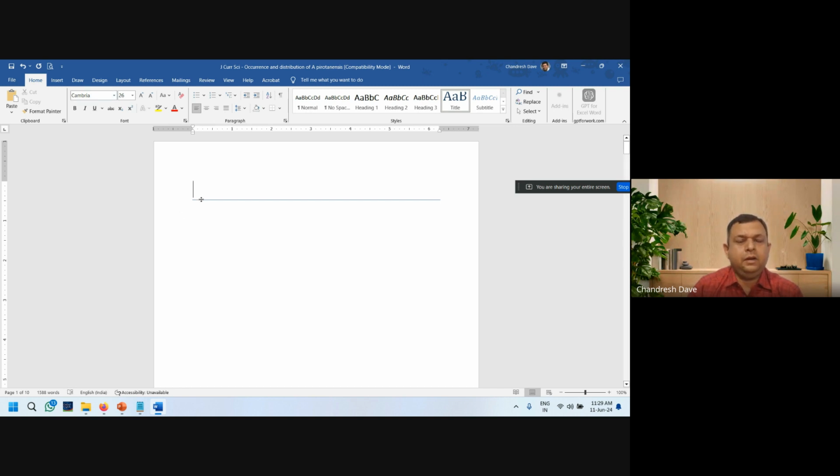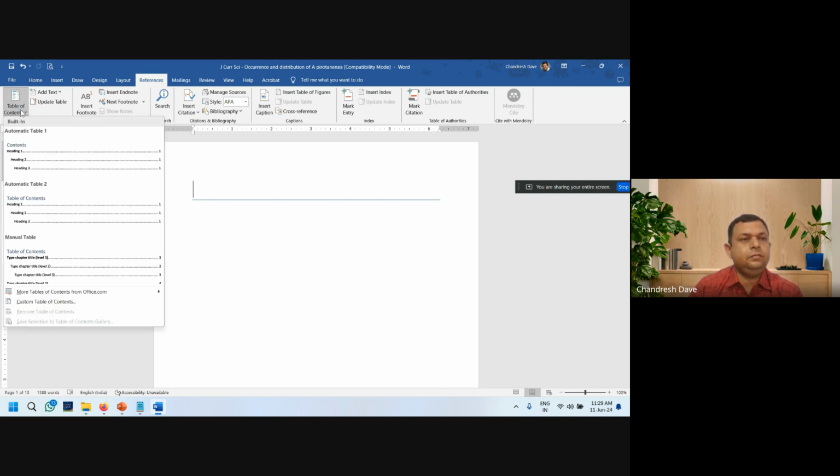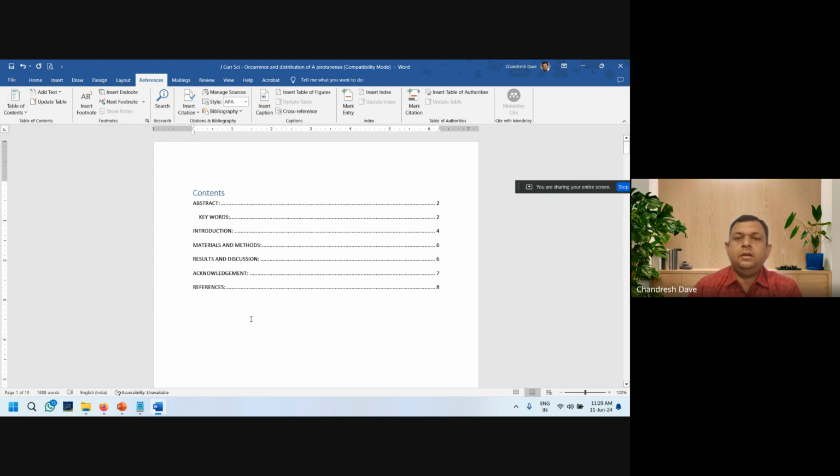I would place my cursor where I would like to generate the index, go to references, and table of content. I will select the style required by me, that is cascading manner. Again, it will automatically create the index according to the headings I selected.